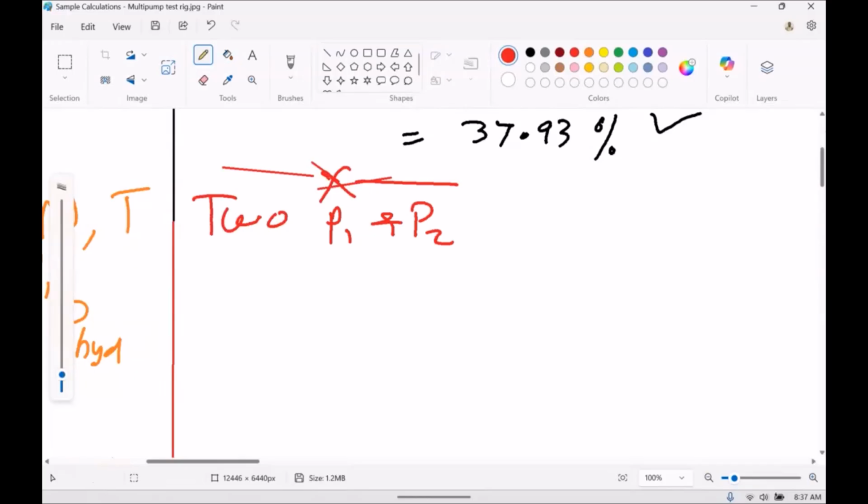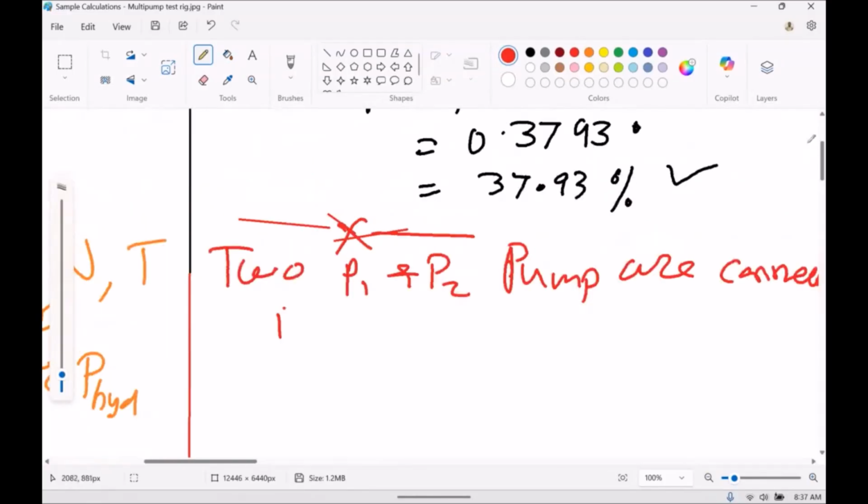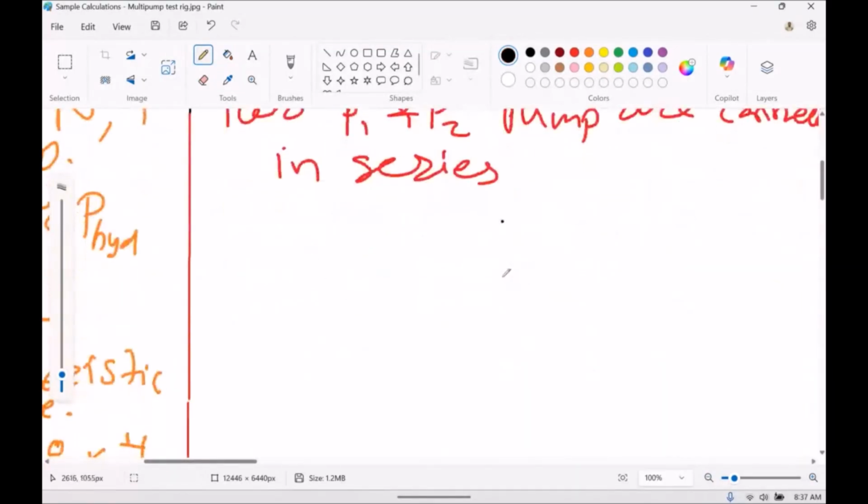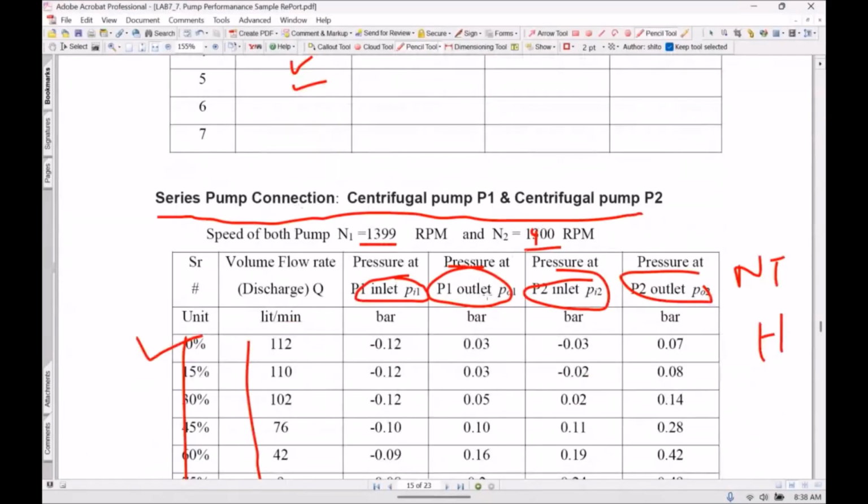P for pump, now connected in series. Now here our target is to find head only. So to find out head, we need to find velocity again. And for velocity, we need an area. Area we already found out. Now we have a different discharge. So we'll find out velocity at inlet and outlet, Vi and Vo. First step, the discharge. Now the pumps are connected in series. The discharge is